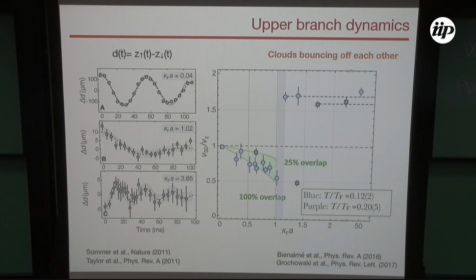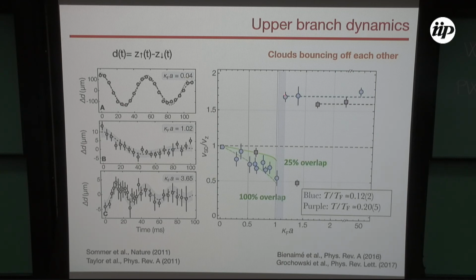And I summarize this in this graph, in which I show you the spin-dipole frequency that we extract from here, renormalized by the trap frequency in that direction, versus kFa. Just concentrate on the blue point. So we start, of course, to see that the frequency decreases. Around 1, there is a jump. Let's say physically we are not able to fit the data in this region here.